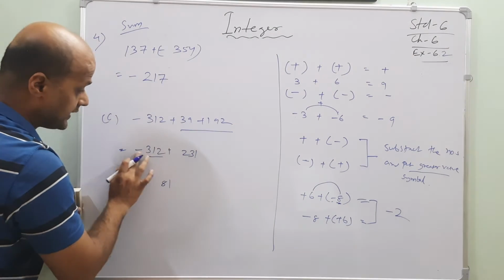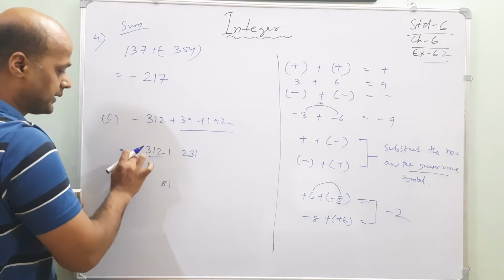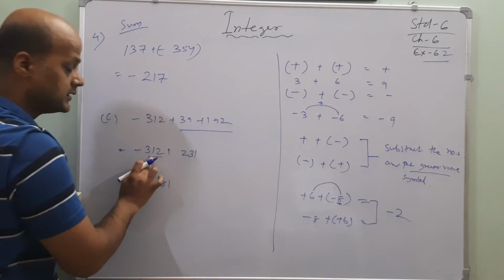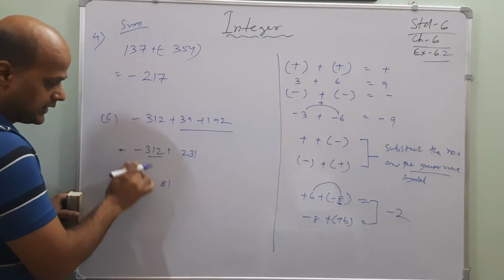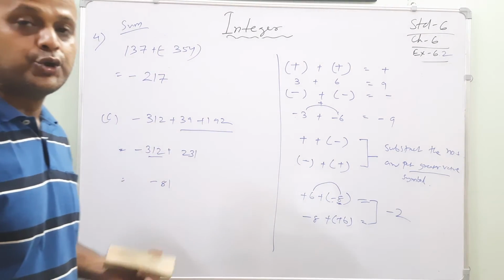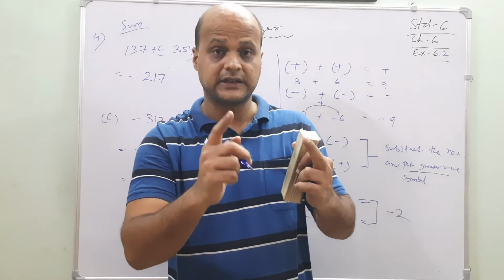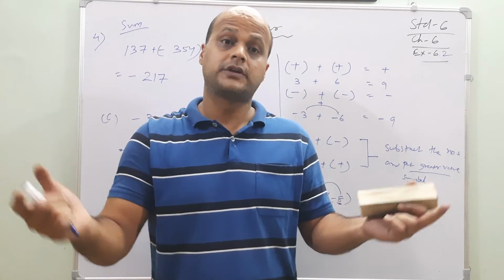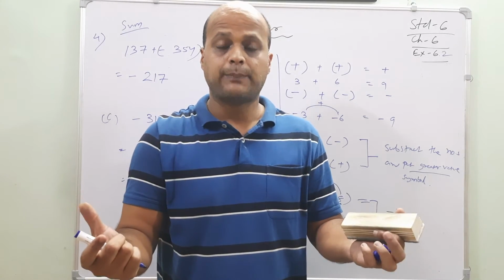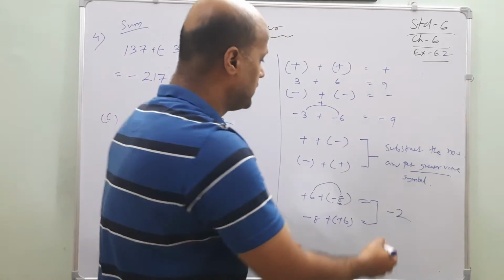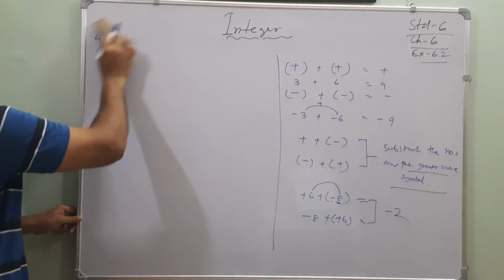Don't think about minus because we have already used the sign formula. 1 plus 1 minus is there, and what you have to do? Take the bigger number with which sign? Minus. Write minus. You will say, sir, on the number line you say that if minus and plus is there, then plus is greater. It is correct. But after using the rule of signs, that is positive and negative, don't apply this rule. That rule is finished and the new rule has come here. The rest you just do by yourself, my dear friends.